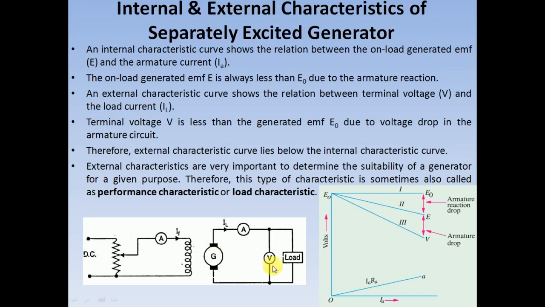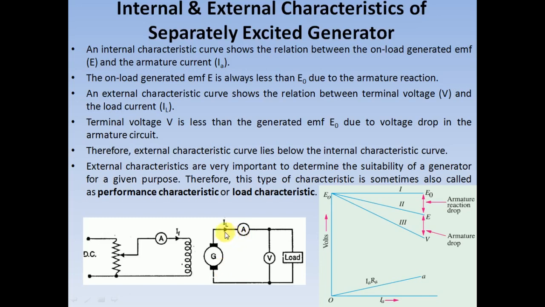That is, we won't be getting the magnitude of E or the value of E as a reading in the circuit arrangement. Now let's see the external characteristics. The external characteristics is plotted between the terminal voltage and the load current, in the case of a separately excited DC generator,